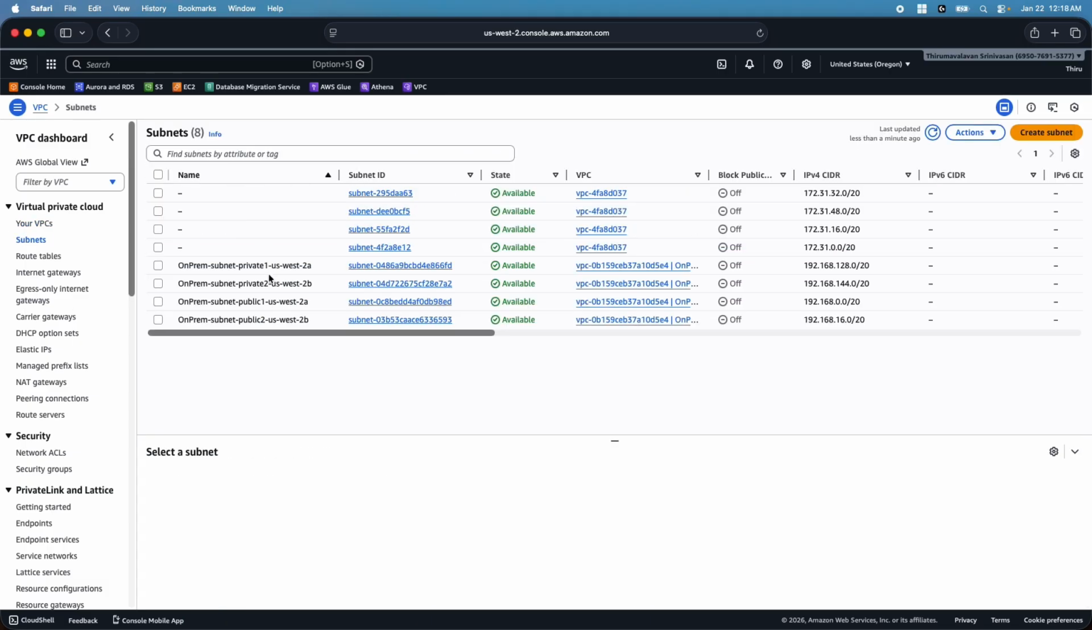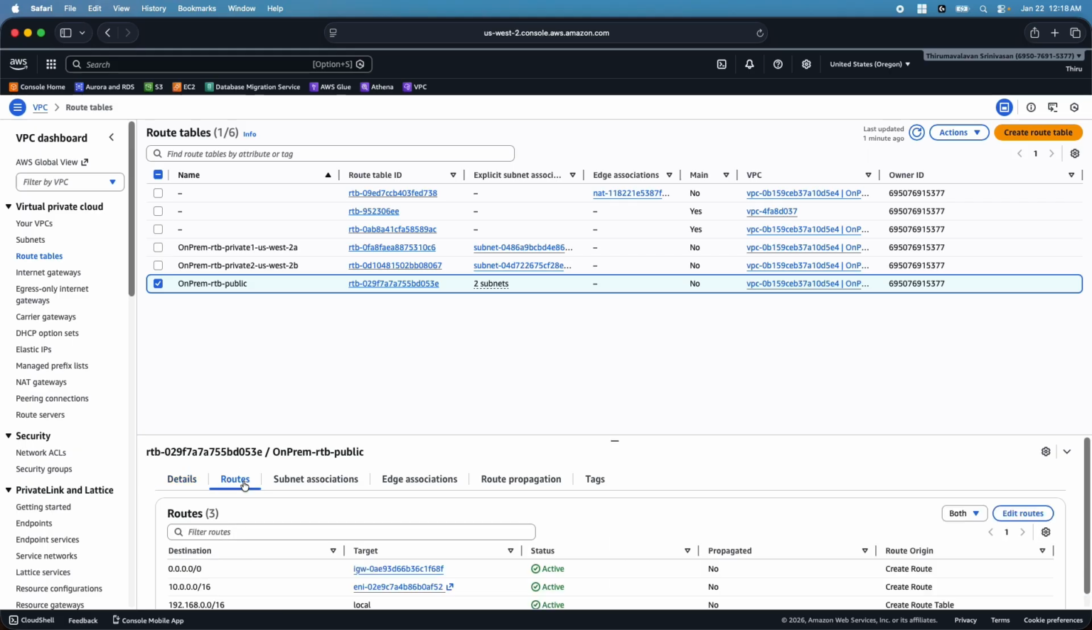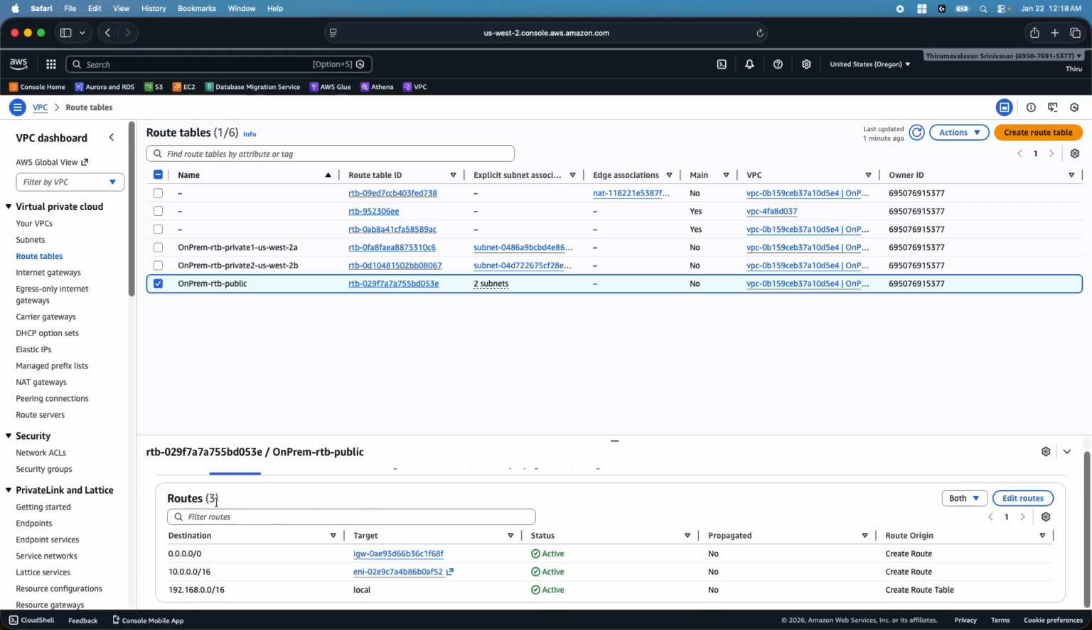And you can see the subnets. I have four subnets, two public and two private, in two different availability zones: US West 2A and US West 2B. And you can see the route tables. So we have one route table for the public and two private route tables. If you see the routes, the public route table for internet uses the internet gateway, and this is to reach AWS side